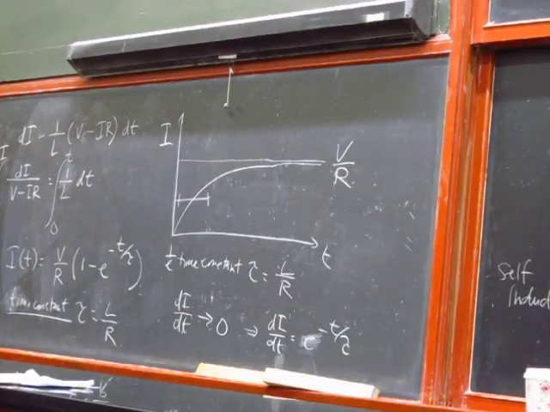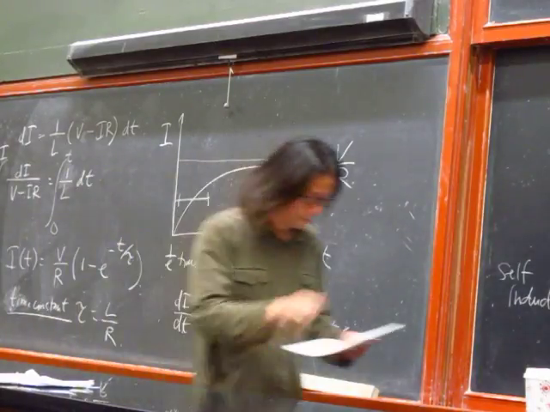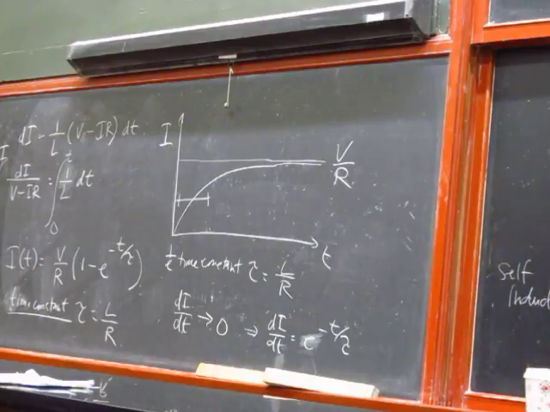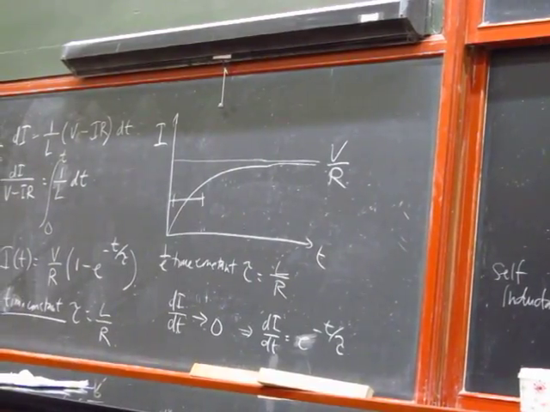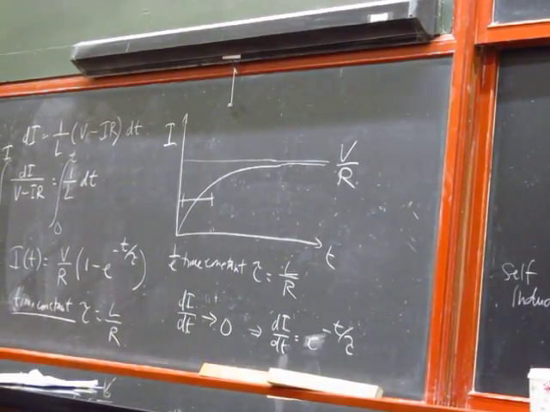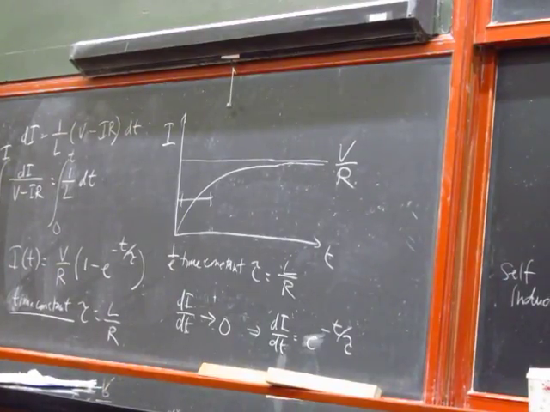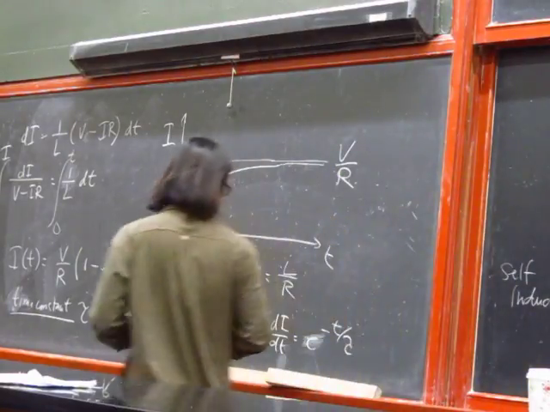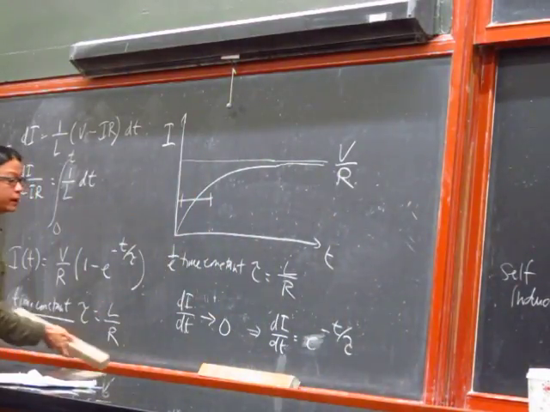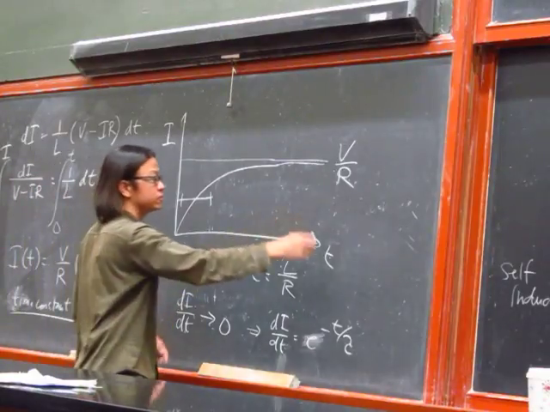Is it clear so far? Any question? Student: What did you mean by dI/dt equals e to the negative t over tau? Because doesn't that become close to 0? Yeah, when time goes to infinity, so